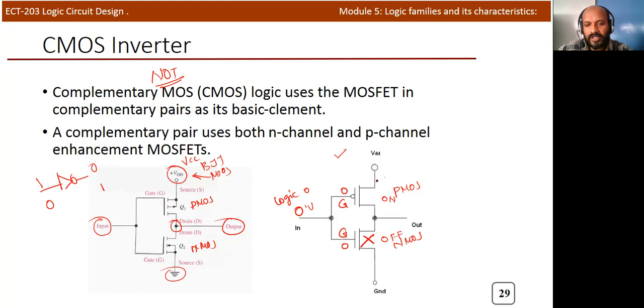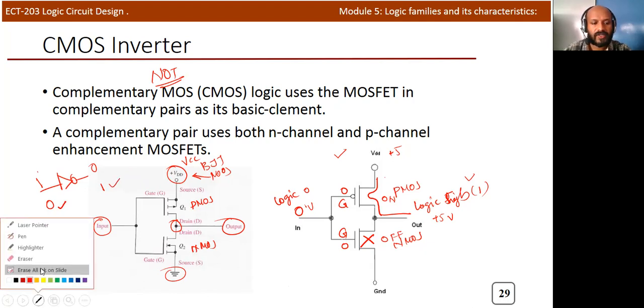The upper transistor will be in the on condition. If it is on, there is current flow through this transistor, and there is no path to ground. So we will get VDD at the output side. VDD means a high voltage, so we get a logic high, or logic 1, at the output. If you are connecting plus 5 volts here, you will get plus 5 at the output side. So if you apply logic 0 at the input, you get logic 1 at the output. This is one operation.